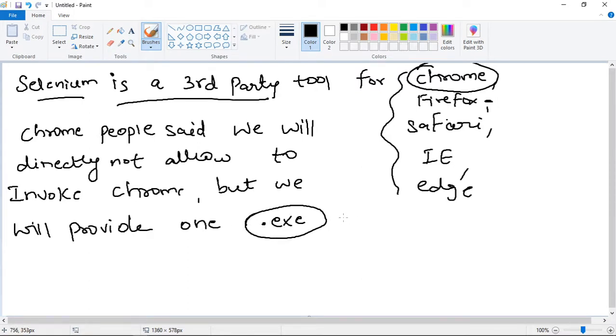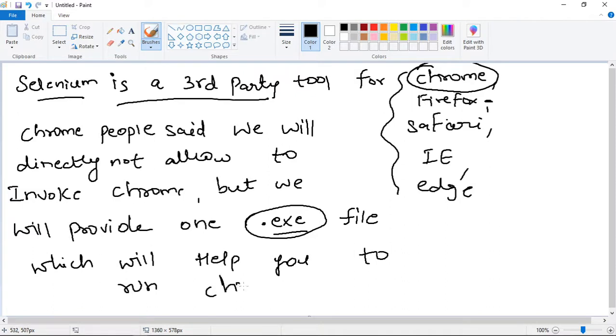Basically, we are going to launch our Chrome browser with the help of the .exe file, right? We will provide one .exe file which will help you to run the Chrome browser. And this line is the same for all the browsers.